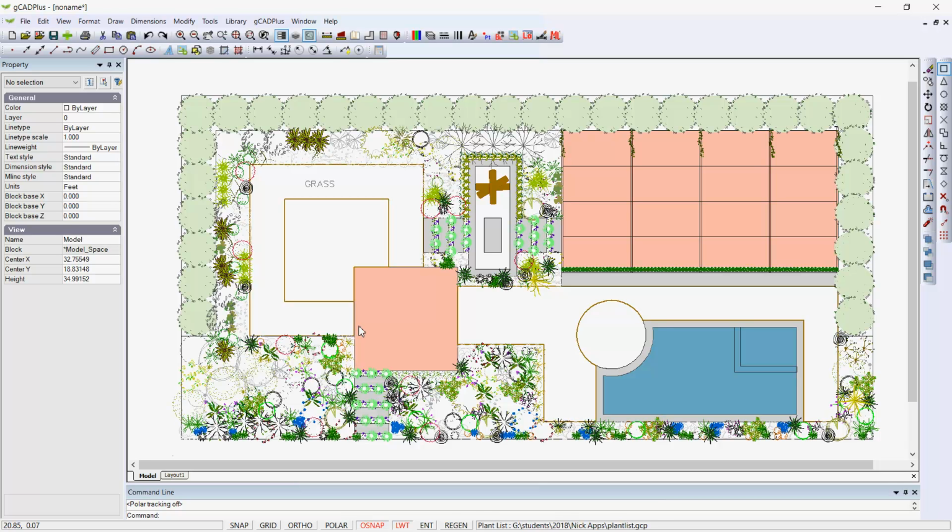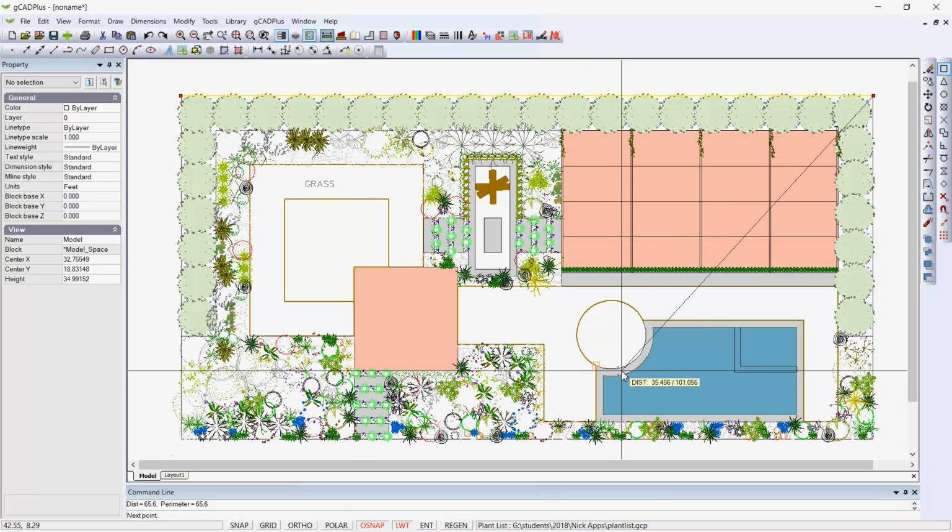One of our users in the USA has been asking some questions about sizing of symbols. How do you determine size in a drawing? The quickest and easiest way is to use the distance command, and if I click distance and click from one side of the site to the other and look down in the command line area, you can see we have a distance of